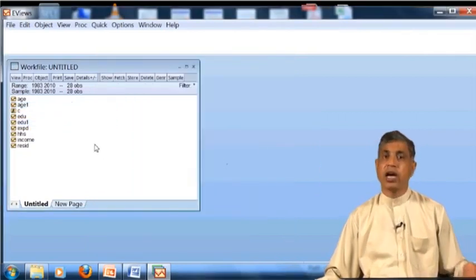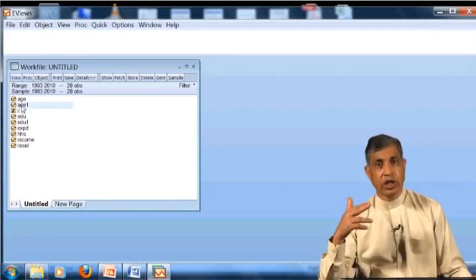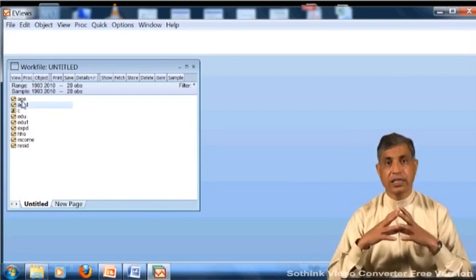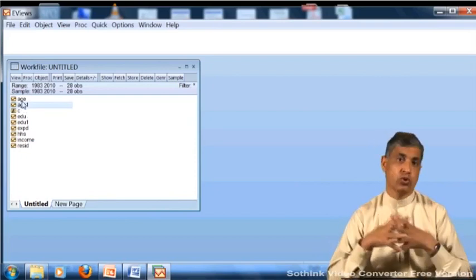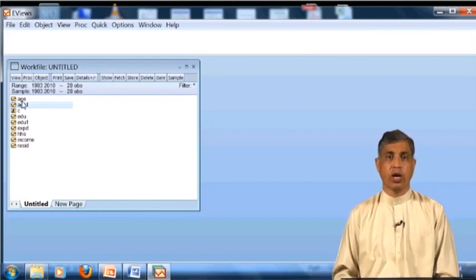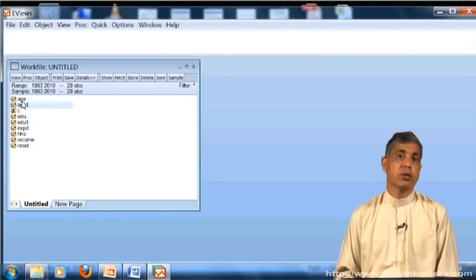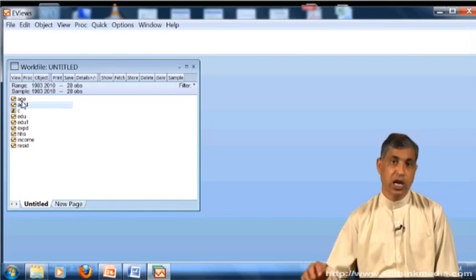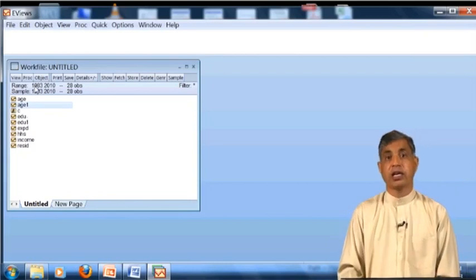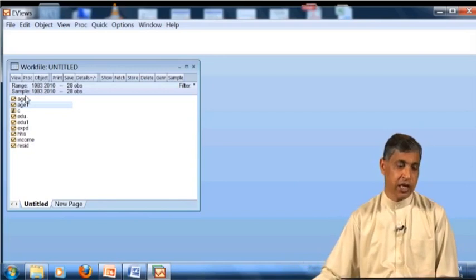Now this was the same, I generated a new variable. Just to keep things simple, I would like to delete the variable that I have newly generated. So this was the learning of how to generate a new series. You can generate any series with any formula. As you go deeper and deeper into eViews, you will be learning more and more, and you will become even more expert. I am a beginner; you will be more expert than any other person who thinks he is very expert in eViews.